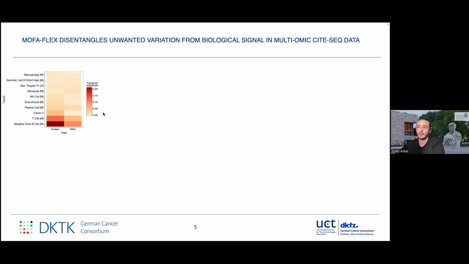We try to then integrate the transcriptome view with a second view quantifying the expression of surface proteins. And the data has been essentially sampled in two different time points, so there's a bit of a batch effect included. So what we do is we introduce uninformed latent factors in order to capture technical variation. You can think of it as, let's say, principal component 1 and 2 in the sense of PCA.